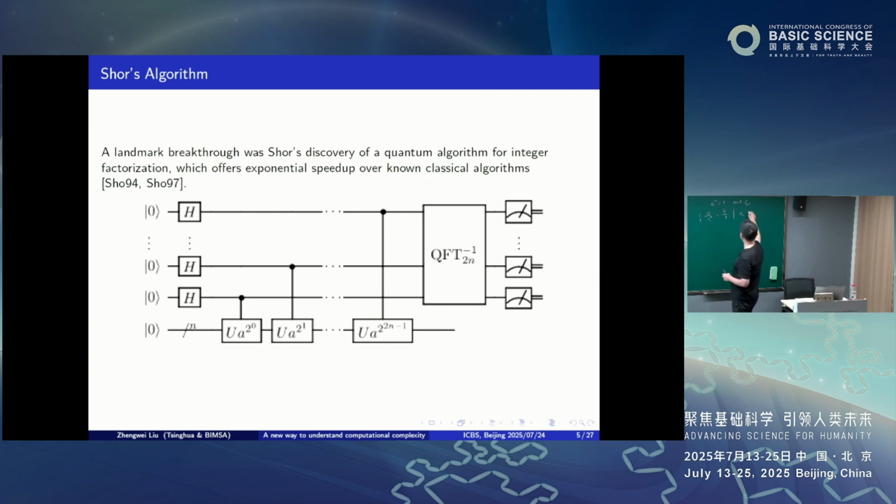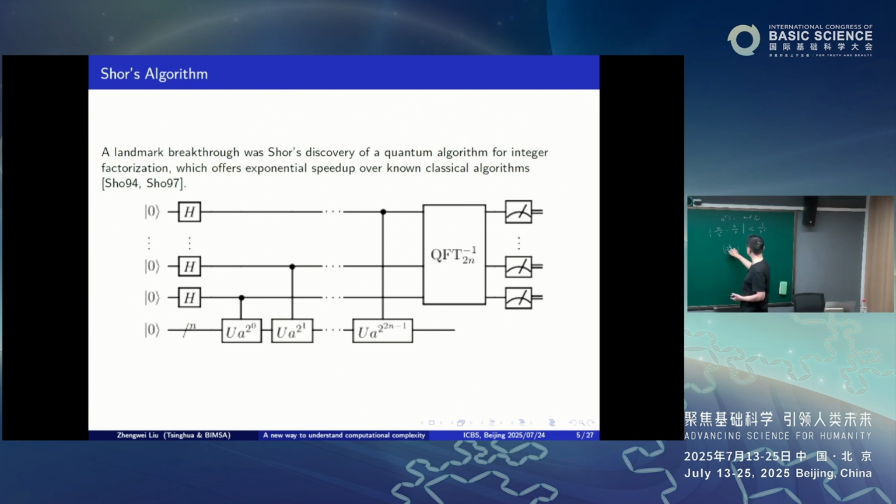Just this is small enough. And then from this x, you can read out this, figure out this r from the continued fraction. And once you have this order r, then you can try to factorize it in this way. And if you choose a randomly, then it has a high probability, like close to 44%, that r is an even number. And we'll factorize it in this way.